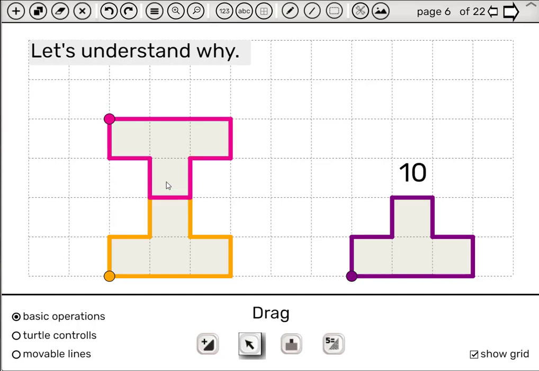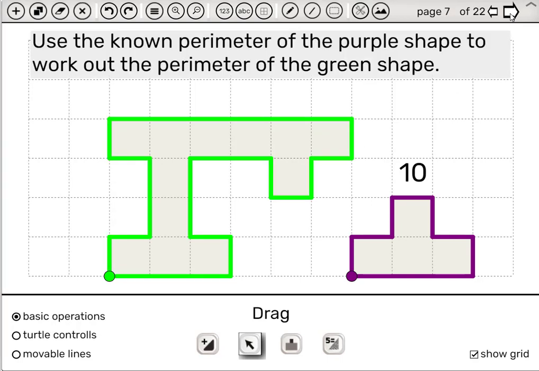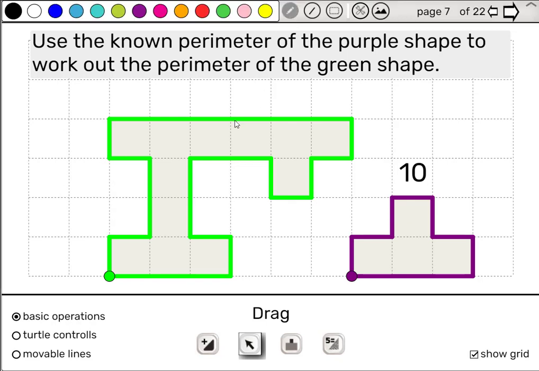So we will get the same answer, 20 minus 2. Let's move on. In this case, the green shape contains 3 copies of the purple shape and 1, 2 connections. So hopefully the students will subtract 2 and another 2. In other words, to subtract 4 from a total of 10, 20, 30. 30 minus 4, 26. In class, of course, you can run the turtle as well, but here we will skip